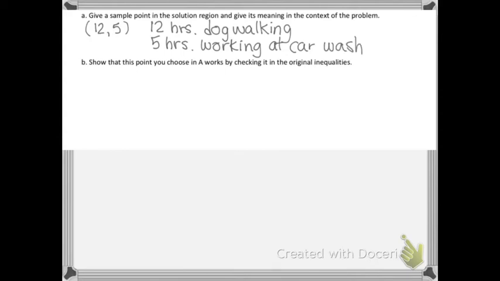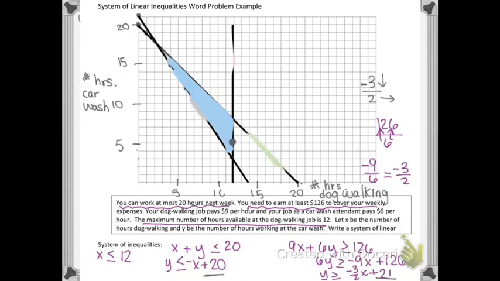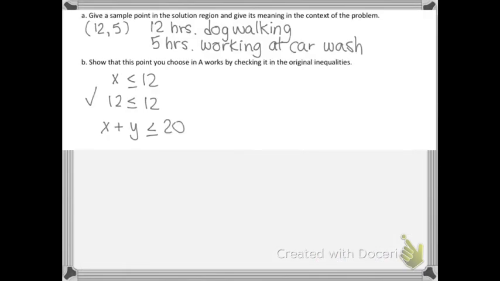Now we show that the point I chose in part A works by checking it in the original inequalities. My first inequality was x is less than or equal to 12. So 12 is less than or equal to 12. The second one was x plus y is less than or equal to, I believe it was 20. So 12 plus 5 is less than or equal to 20. So yes, 17 is less than or equal to 20. And then the last one,